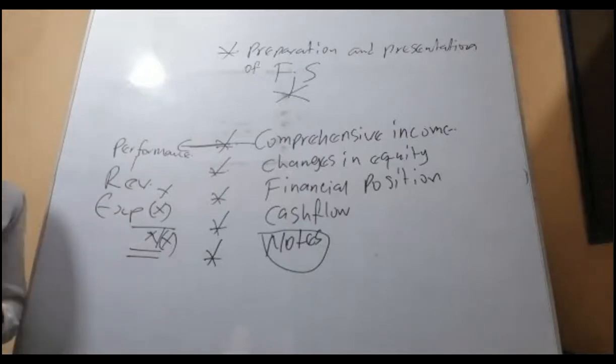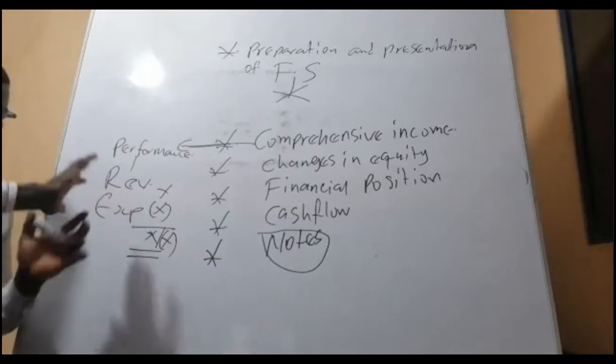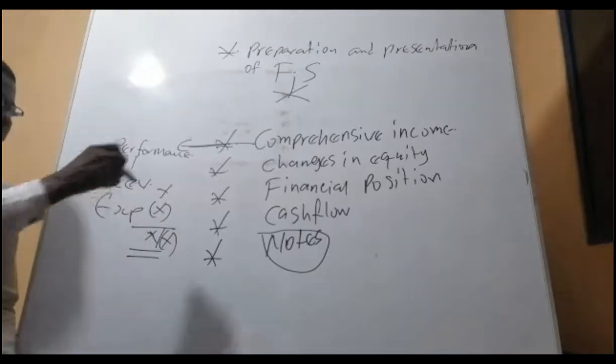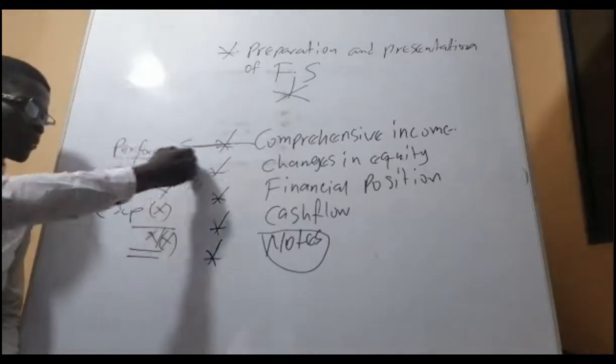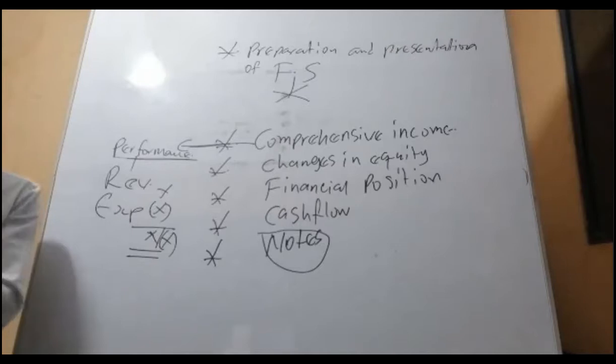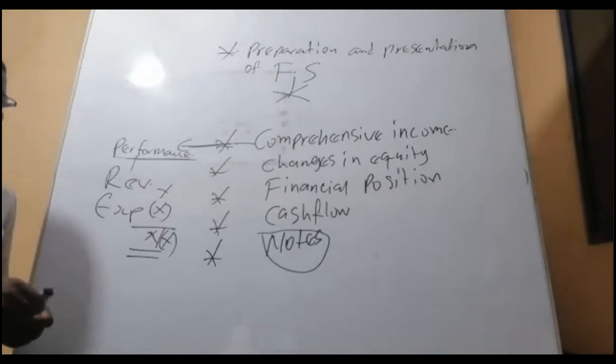In fact, everything is so easy and simple to say, revenue and its expenses. But because there are different types of revenue, different types of expenses, and in the structure, at each stage, which type of expense do we add and do we subtract? So as a result of that, it makes the preparation a bit difficult, but you'll be fine. That is it. So that's the performance. In the public sector, they will call it statement of performance because they are not in there to make profits. Good.